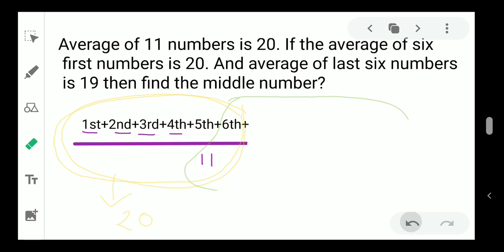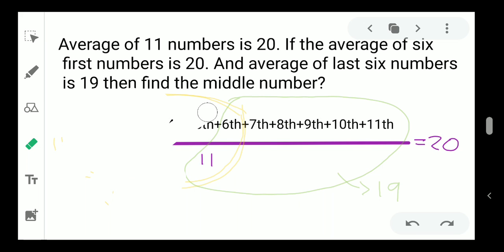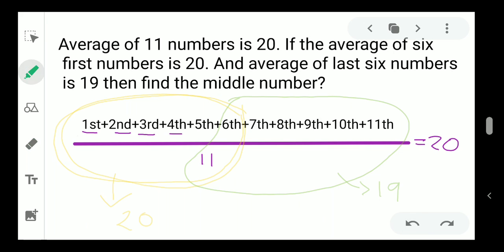And if you see the next one, that is the average of the last 6 numbers. That means if I remove this much, then the average of the last 6 numbers. So one thing you can clearly see, that the last 6 numbers means 6, 7, 8, 9, 10, 11. So you can see in both cases this 6th number is very common, right? So the 6th number is common for both cases. So what I have done,